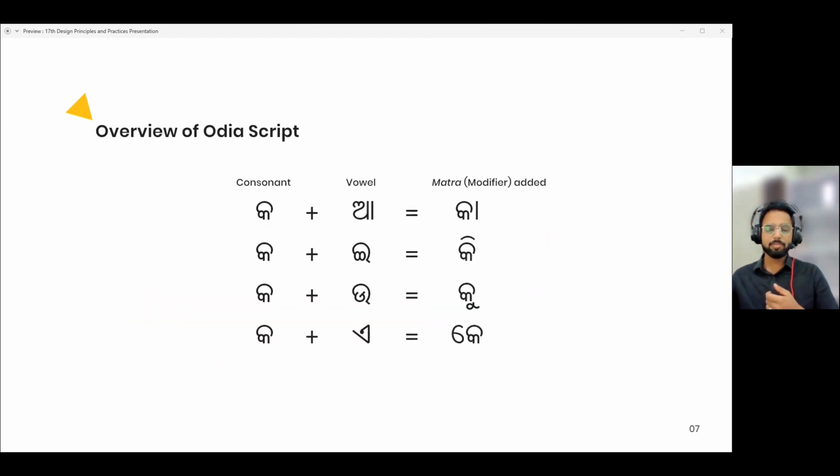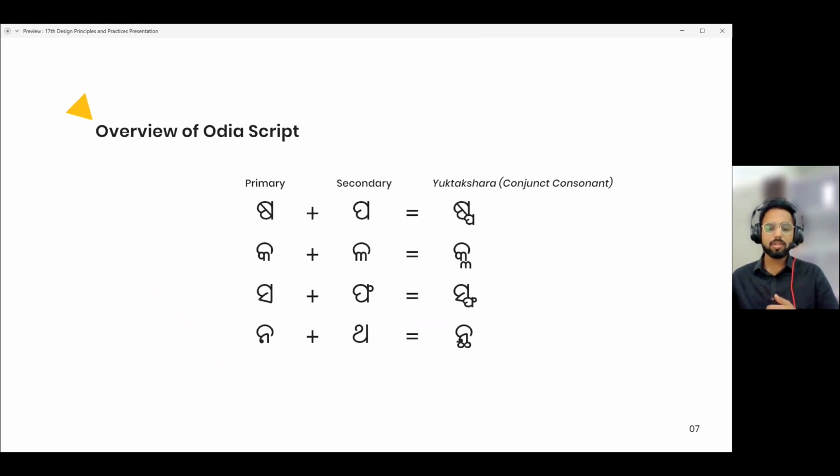Apart from the basic characters or basic letters, Odia script also has some joint characters. So, for example, when a consonant and a vowel are merged together, a modifier or a matra takes the place of the vowel and is added before, after, on the top, or on the below of the consonant. However, when a consonant and a consonant joined together, the secondary consonant is usually written as a subscript under the primary consonant, and the merged character is referred to as a yuktakshar or a conjunct consonant. Such merging of letter forms increases the overall number of characters that the children need to learn to write.